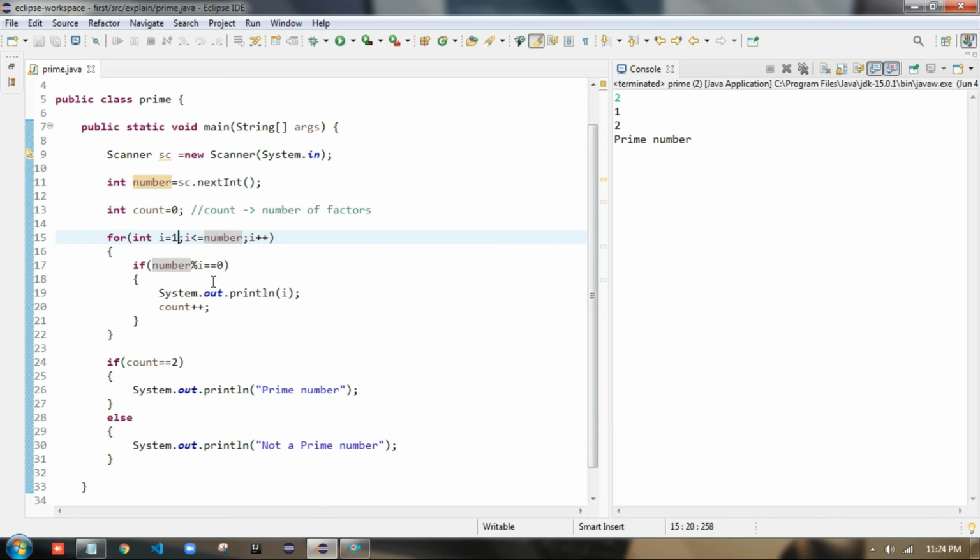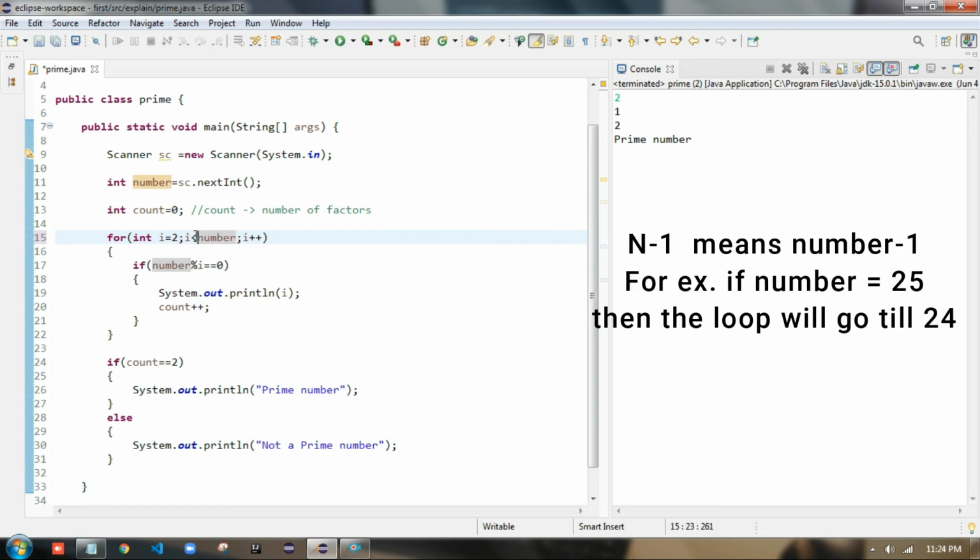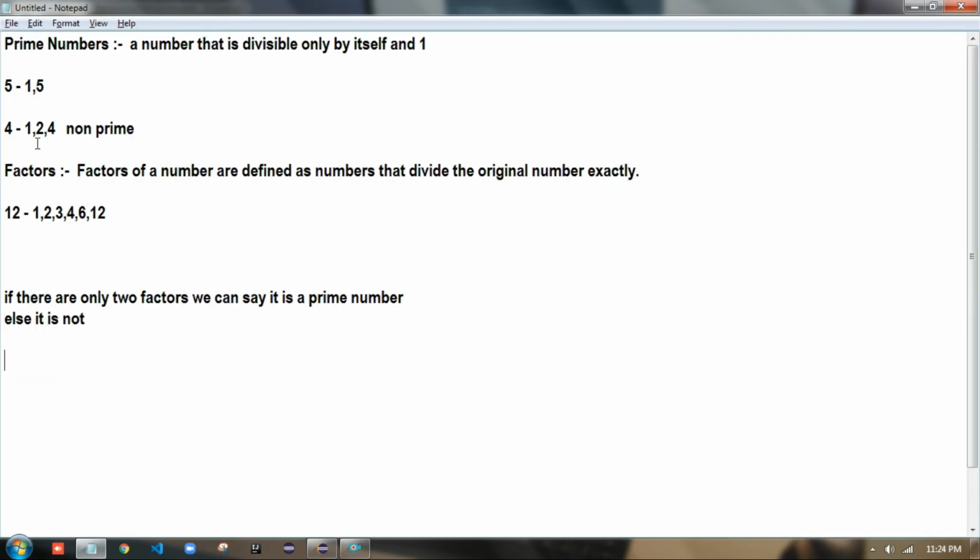So what we can do is start from 2 and go till n minus 1. So we are eliminating these 2 factors, 1 and the number itself. A prime number must have only these 2 factors and we are eliminating them, so it means there must be no extra factor.